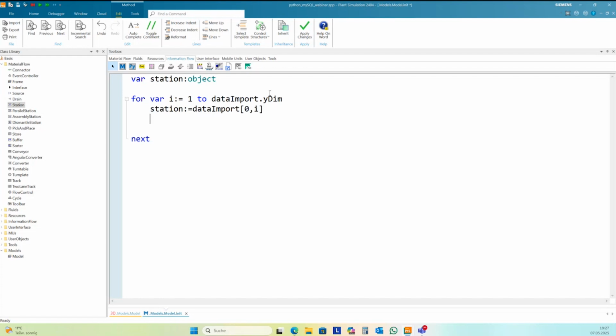Station is in the row index in the column 0.